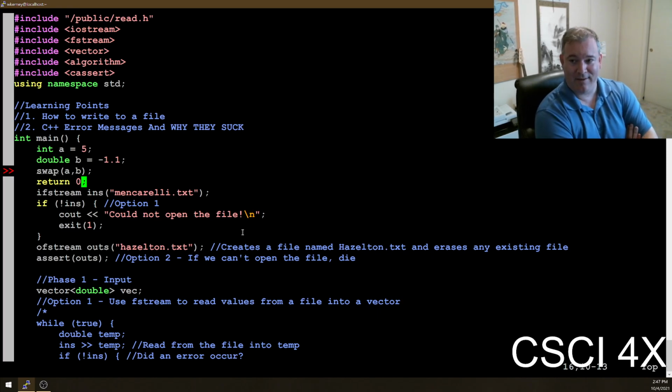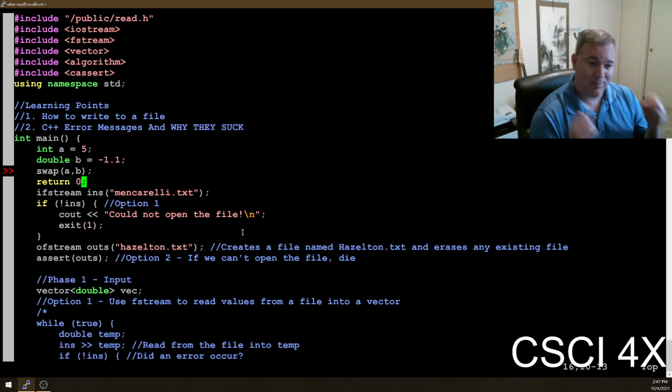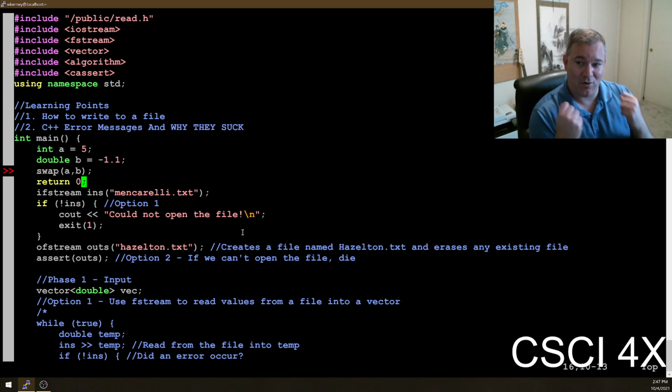Doesn't work. You think it should work, right? It should truncate negative 1.1 to negative 1, and a lot of people will try this. You should be able to switch the values, right? Because you can set them equal to each other. But swap doesn't work. Swap has to only take two things of the same type.